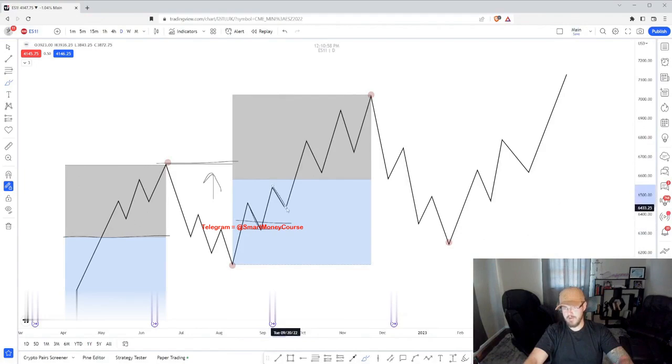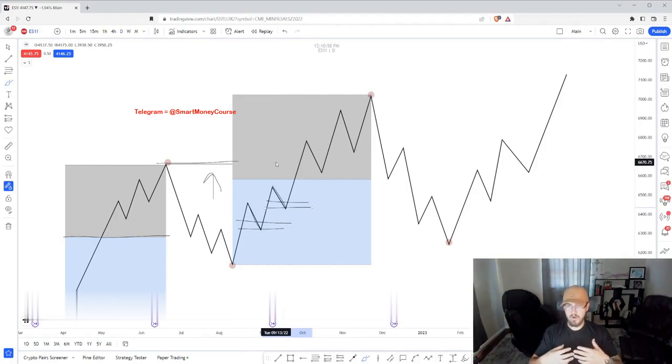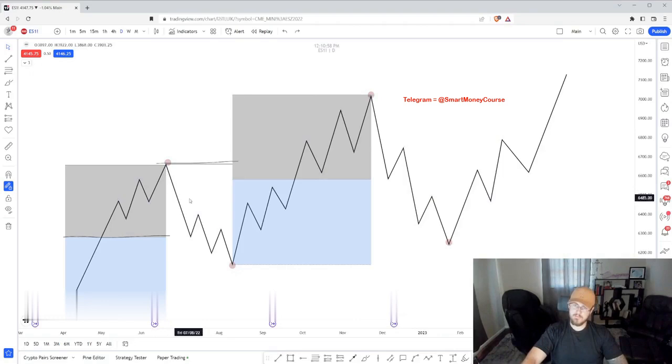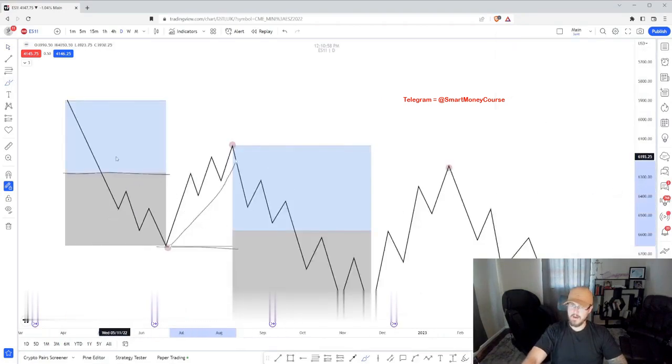So all these pushes down may have been bearish swings on another time frame, but just because we understand the principle of external structure on a higher time frame level, we're able to understand that the market is likely to continue to the upside. So all those down moves should be looked at as a buying opportunity to take up here. So whenever we're looking at retracements, which is when we're coming back down to our discount, or if you're bearish, going back up to a premium,